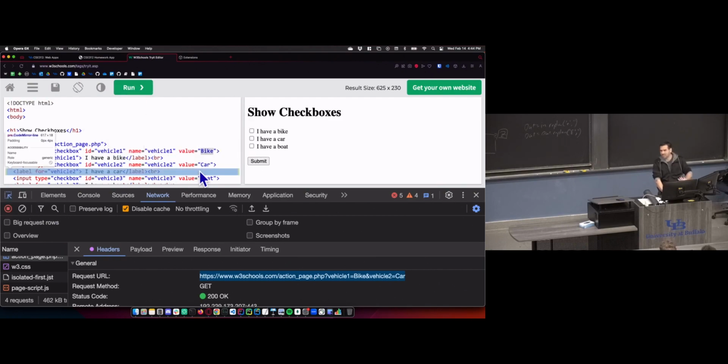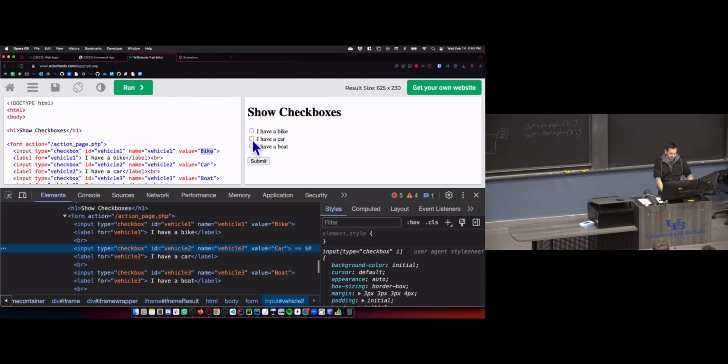Now, obviously, I can just change the code here because it's W3 Schools. But to show you that I could do this on any page, I'm going to go over here and modify the HTML. I can do the same thing that we just did, deleting things and changing the grading on CSE312.com. I can do the same thing here. I'm going to reverse engineer these text boxes and send whatever I want to the server. So name vehicle1, that's fine. The name is going to be the name sent to the server as the key for this, and then the value of any input, the value is going to be what's actually sent over to the server.